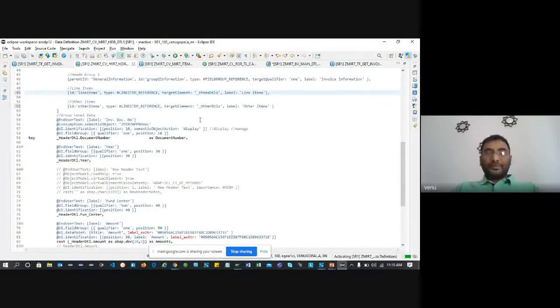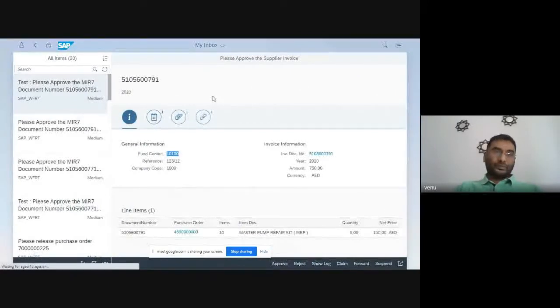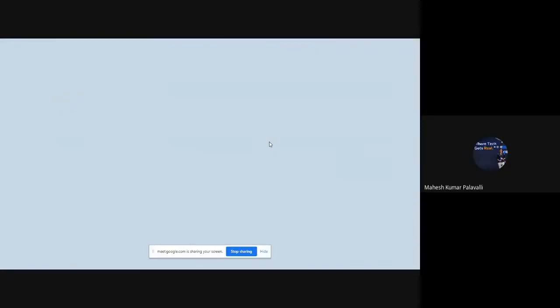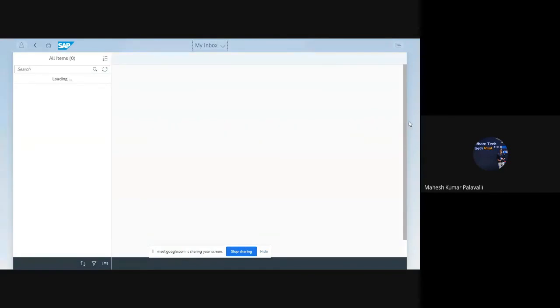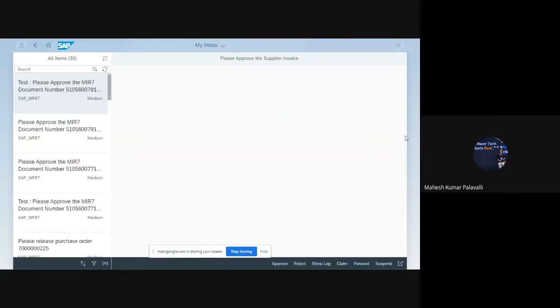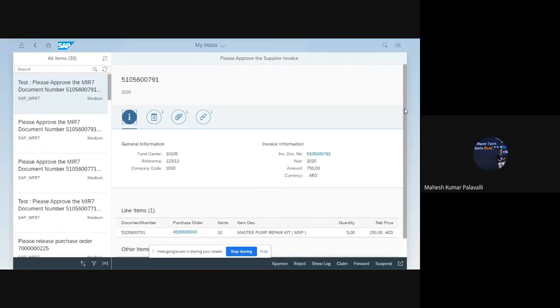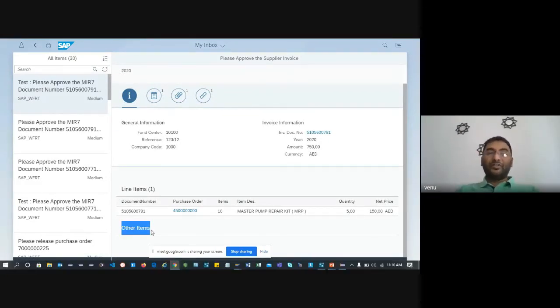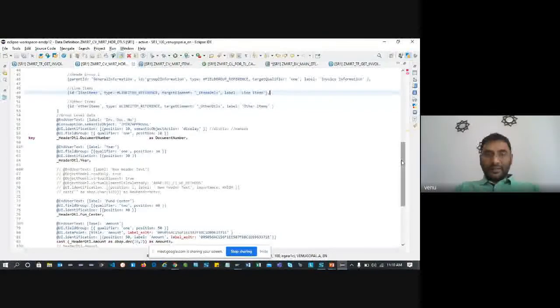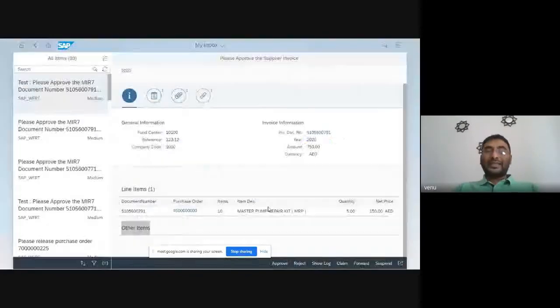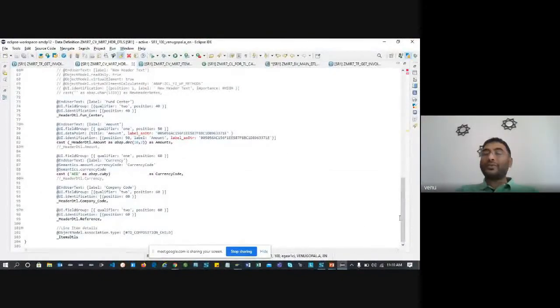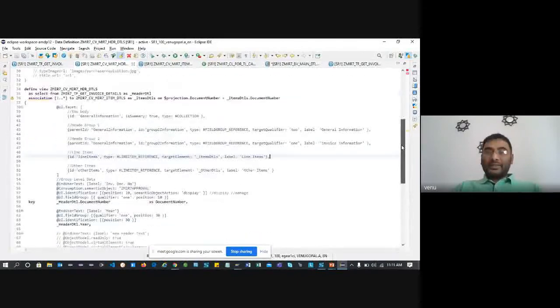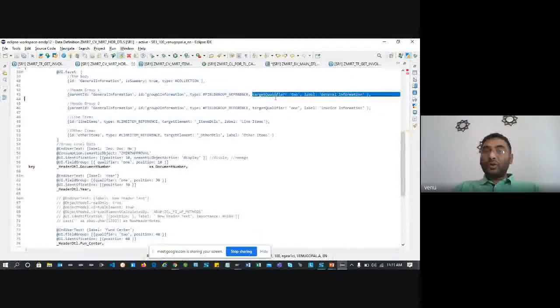Let's see what will happen here. Now see, you have one more line item with others. There is no data. We have not defined anything in this CDS view, so you cannot see any data. That's the group you just created. You initiated that. Similarly, the qualifier and its target qualifier play the major role to display your data.